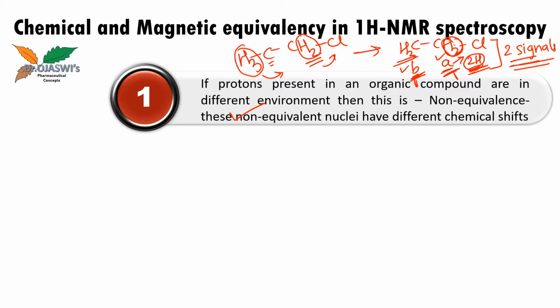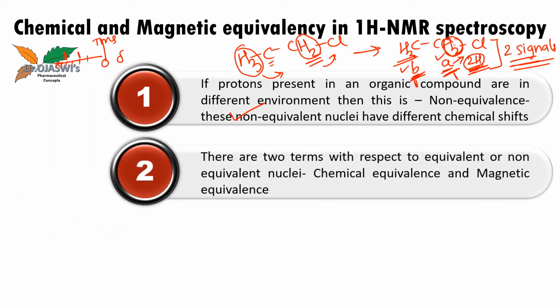So what is chemical shift? That also I have already explained in my earlier videos. Just go back and check that in the 1H NMR spectrum, at the 0 delta scale there is the signal for TMS, and these all are the chemical shift values on the x-axis. So maybe one signal will appear here, one signal will appear here. These two signals appear at different chemical shift values.